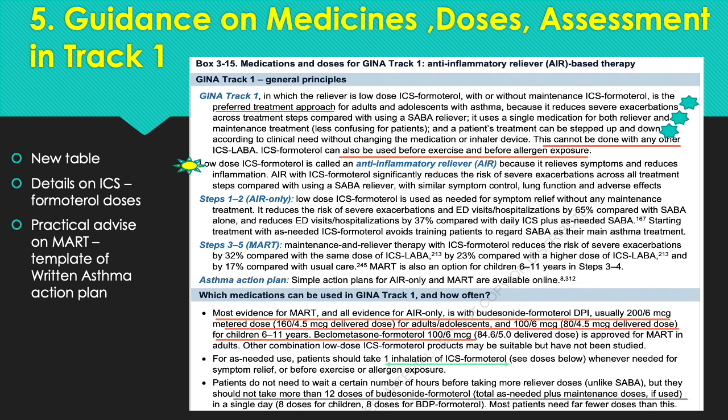Now there's been some change also on the guidance on medicines, the doses and the assessment in track 1, and they've realized that there was a lot of confusion in what dose to give, what is low dose, what is medium dose, what is high dose. So they have given beautiful boxes and tables to signify that, and they've again, as I said, emphasized that ICS formoterol is the preferred treatment approach, and the step up and the step down is both important because it will reduce the incidence of severe exacerbations, and this cannot be done with any other ICS LABA because evidence for MART and step up step down is with ICS formoterol, and you can also use it for exercise induced as well